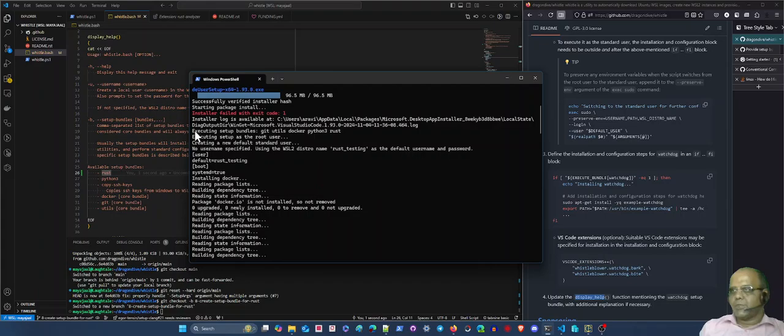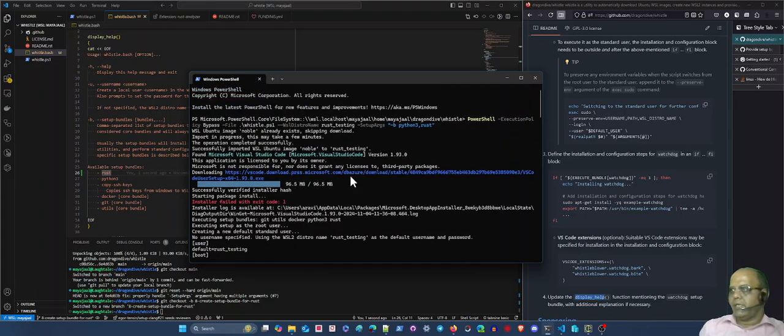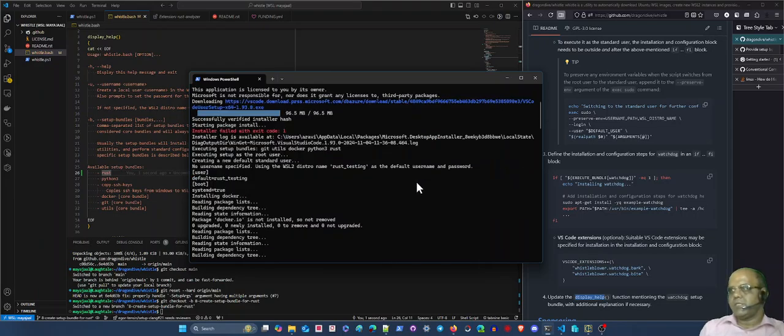It's going to execute these setup bundles: Git, utils, Docker, Python 3, and Rust. I did not use the copy SSH keys, which relates to one of the other optimizations that I am planning to do. And by that, what I mean is, let's say while running the provisioning script, initially I forgot to include a certain bundle, and